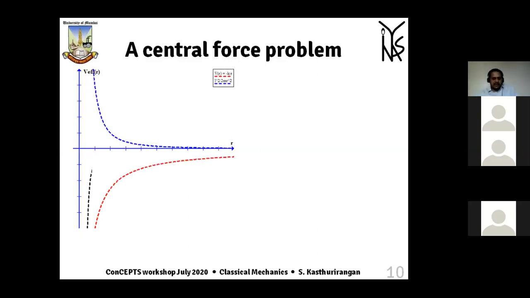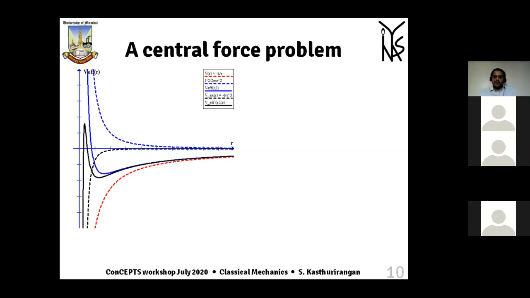Let me bring up all the sketches and then describe. Basically, we know that at large distances the 1 by r term will dominate, and therefore at large distances asymptotically this potential will tend to 0. At some intermediate stage, the 1 by r square term, which is a positive term, will dominate, and it will try to take the potential at r tending to 0 in an upward direction, as it is happening in the blue curve. But since we have added a third term, which is minus 1 by r cube, minus means again it will take it down.